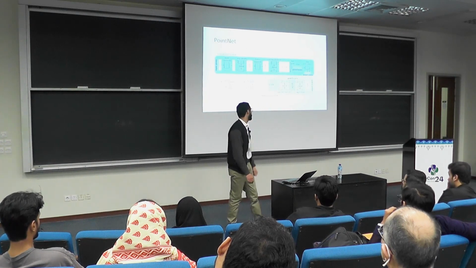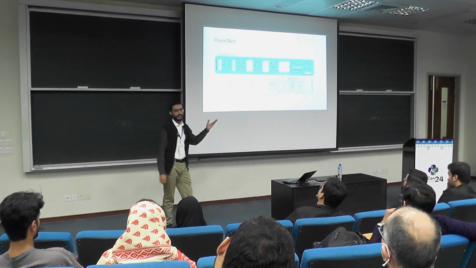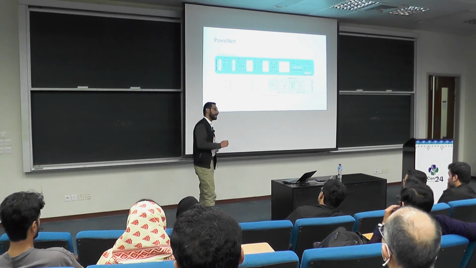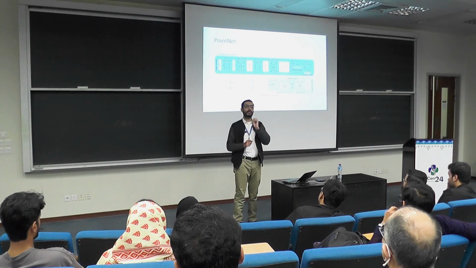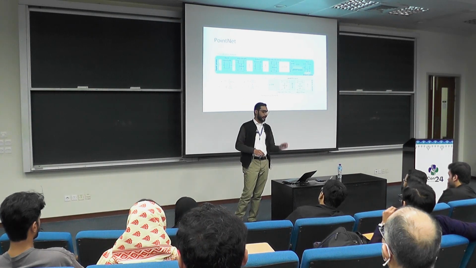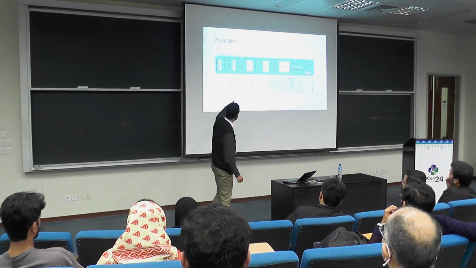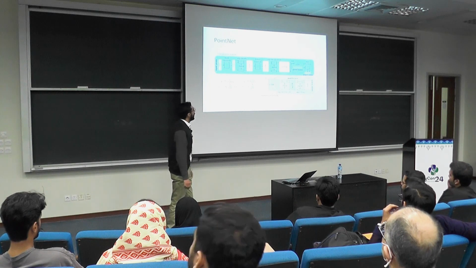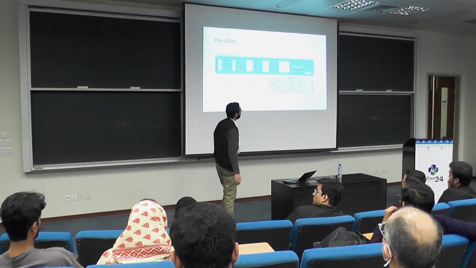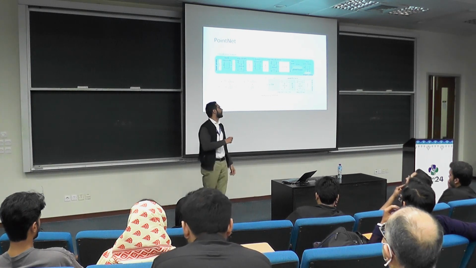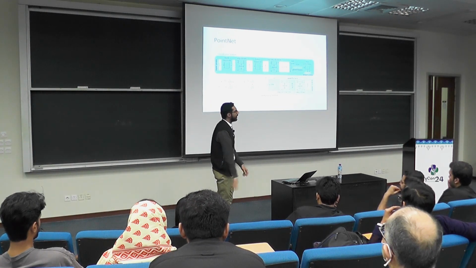Let's go through that. It's really simple. What they did was really clever. What they did differently was that they treated each point in the point cloud separately. So n by 3 is our whole point cloud. They just fed it to some MLP layers, which are just fully connected layers of neural networks, and extracted some features out. So each point in R3 space was converted to R 1024 space, and